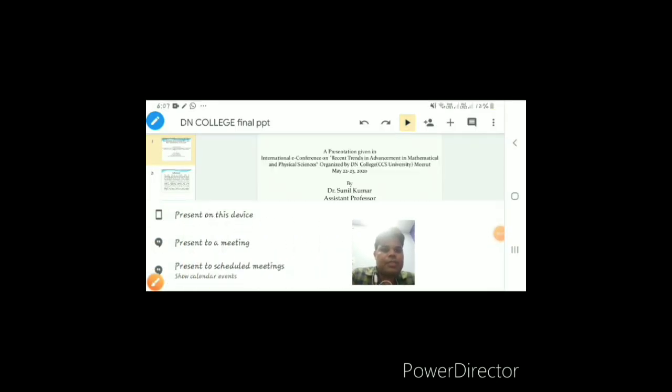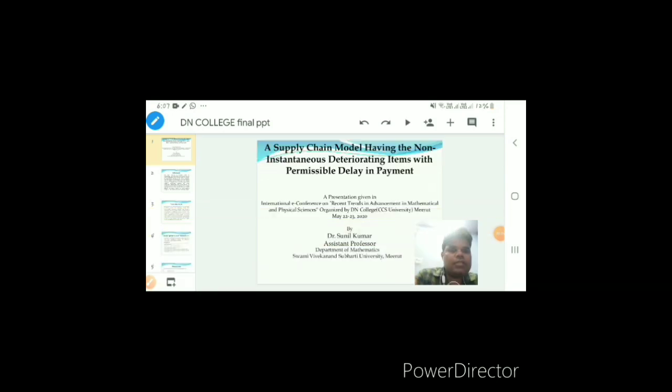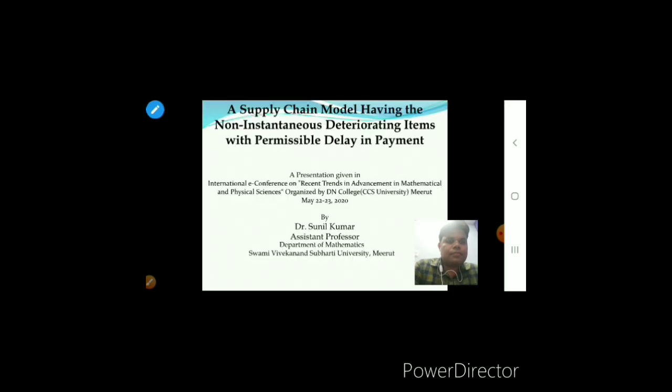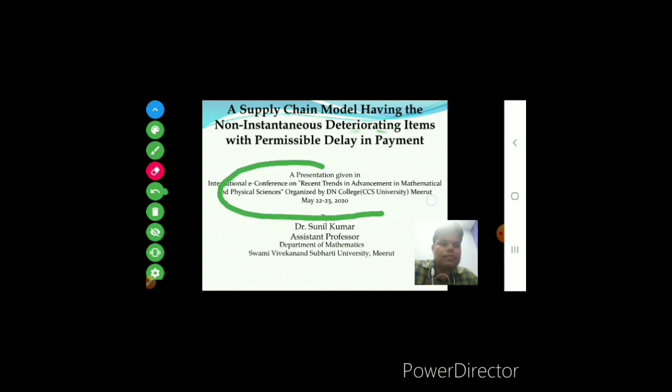Now we want to present on this device. If we want to use Draw on Screen, then I have to enable this eye, and we can use this drawing pad. I raise it.